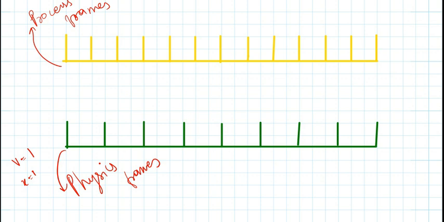So this is the first physics frame, so here the position will be 0. In this second physics frame, the position will be 1. Then it will be 2, 3, 4, 5, 6, 7, 8. Okay. But you will be seeing the object through the process frames, because this is where the system monitor